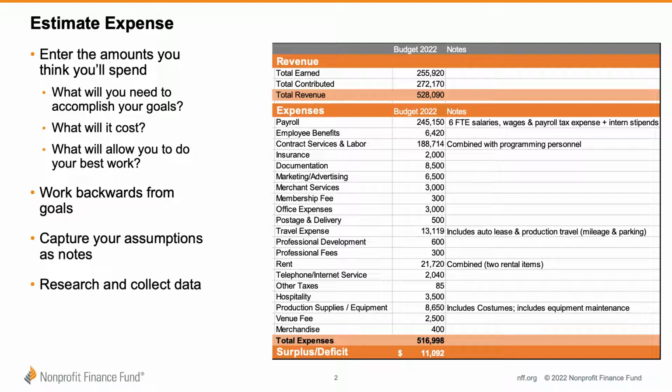In this example, the organization was planning to put on traveling performances for the first time in 2022. And so this line item of travel expenses was new. On the first pass of the budget, the director made a very rough guess about what travel would cost, but ideally, before any numbers get added to the budget template, you want to not only gather information about the driving costs or the cost of train fare,